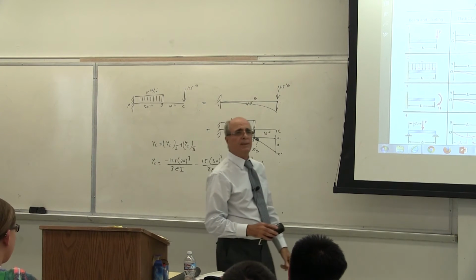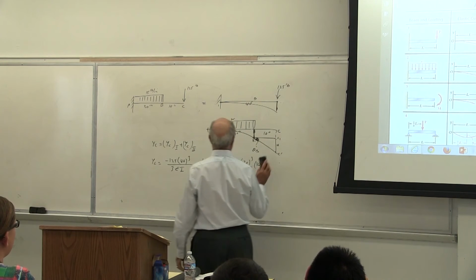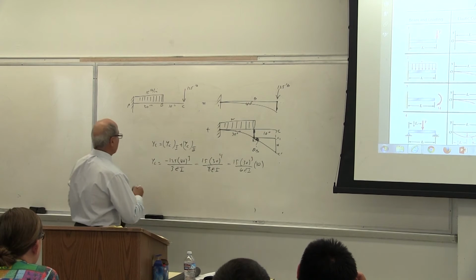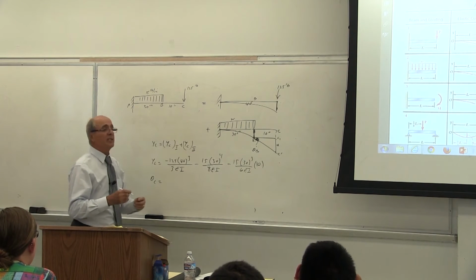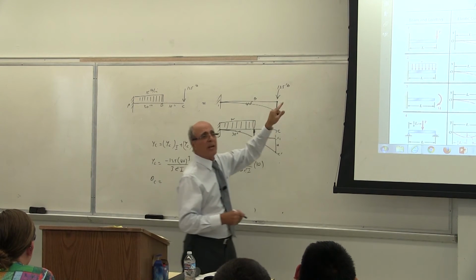Yes? So for theta at C, it would just be theta 1 plus theta. Okay. Theta at C. That's a very good question. Because we discussed that, now let's calculate theta C. It's a very good question. Now if you understood what I did here, theta C, for this one, I have to refer to the table.